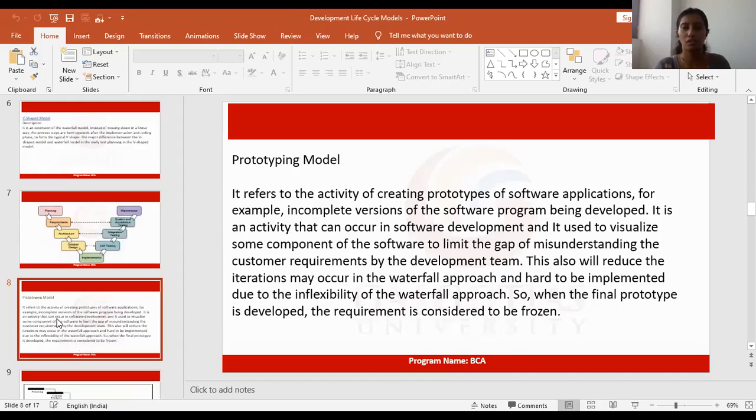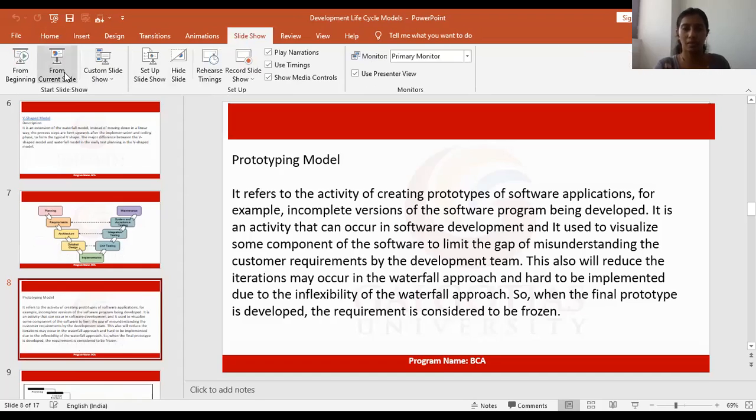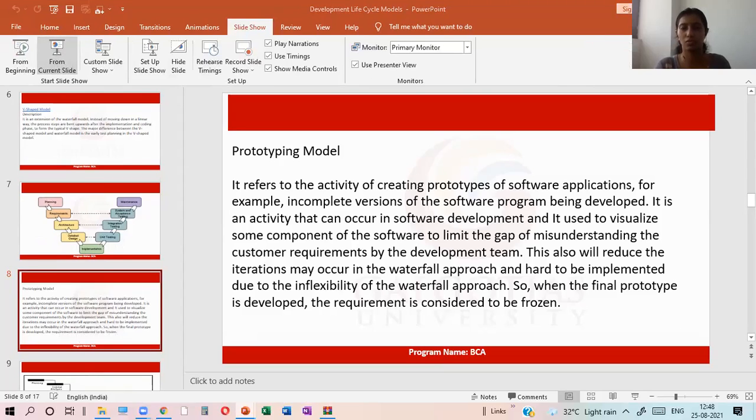Then we have the prototyping model. It refers to the activity of creating prototypes of software applications, for example, incomplete versions of the software program.